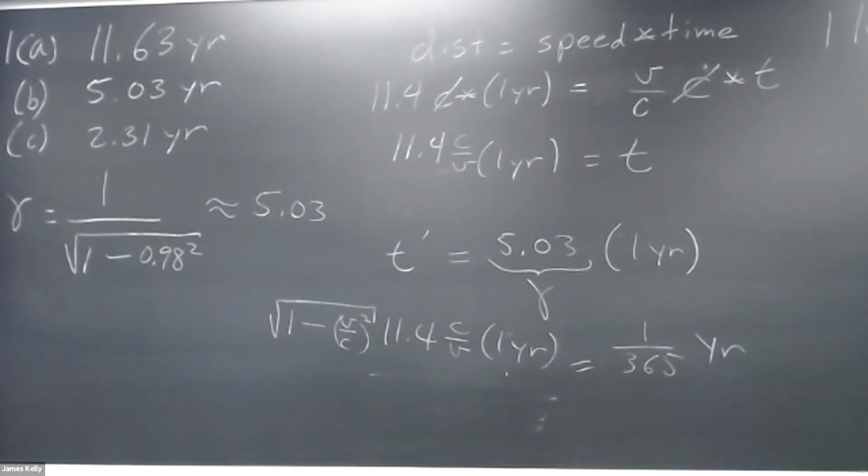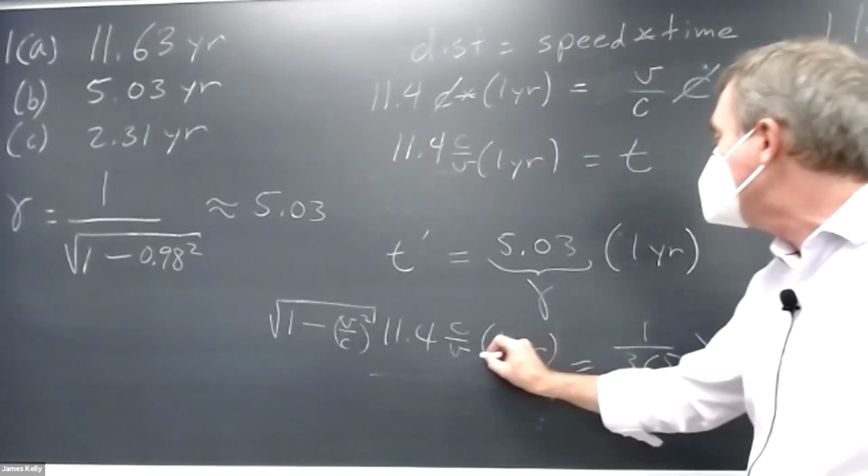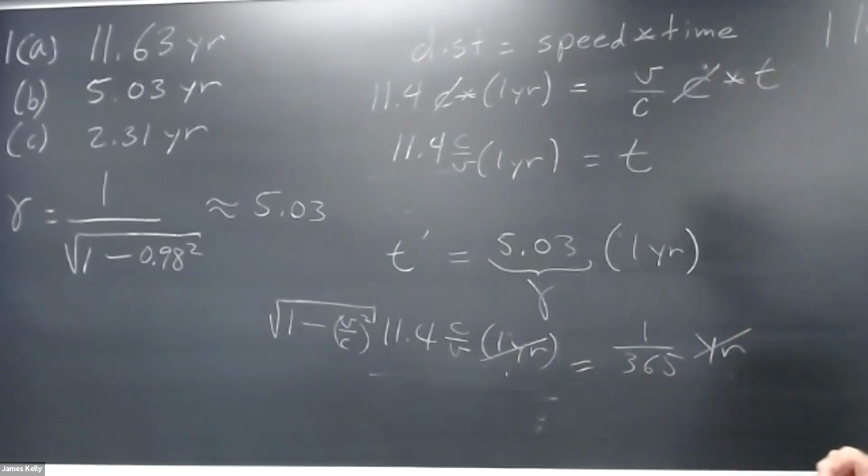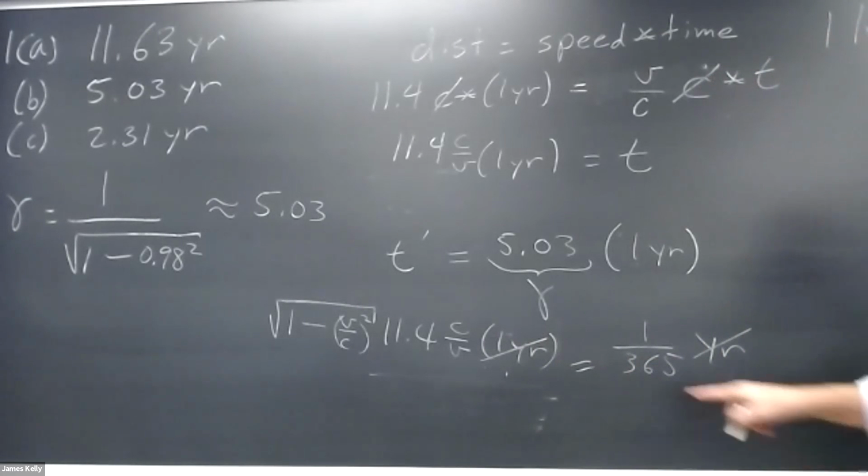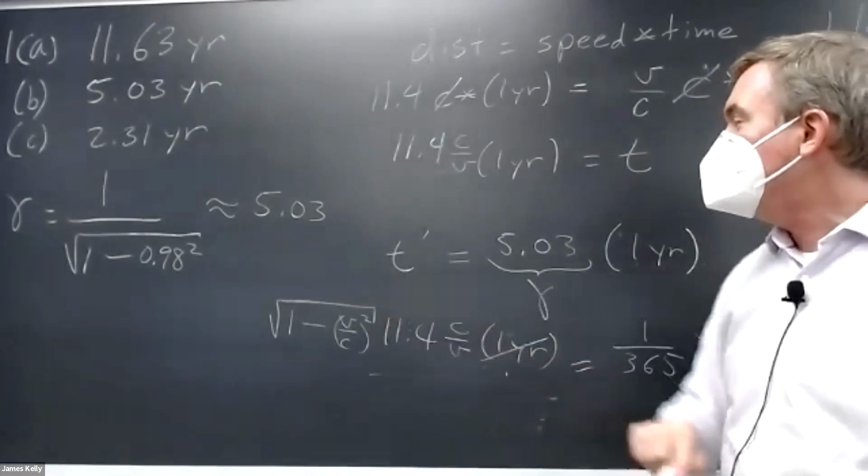Okay, and now I can just solve that equation. That was by far the hard part, setting that up. I wouldn't give you something like this on an exam. Those 2 steps of putting in the unknown v and then having to solve it just seems overwhelming. We can figure it out. I can cancel out the years on both sides